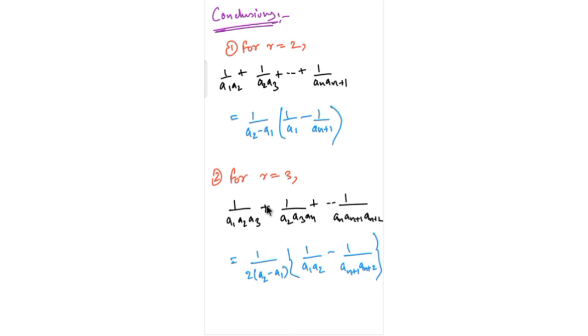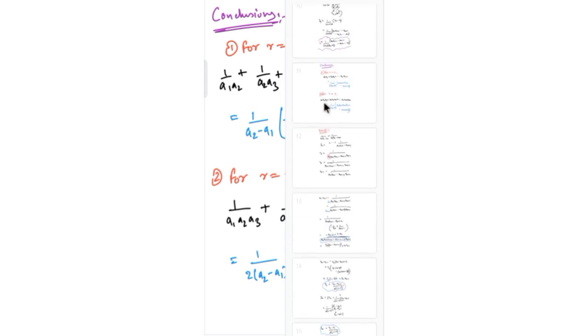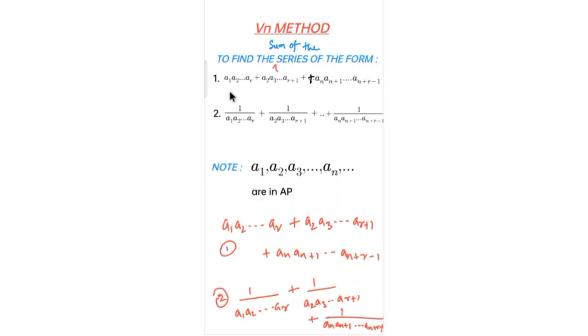So this is the value for r is equal to 3. So in this way we can calculate Sn and Tn using the Vn method for type 1